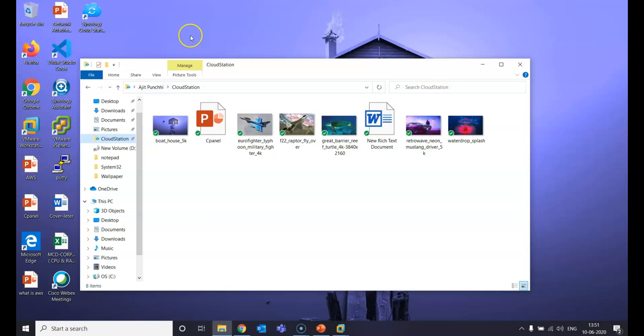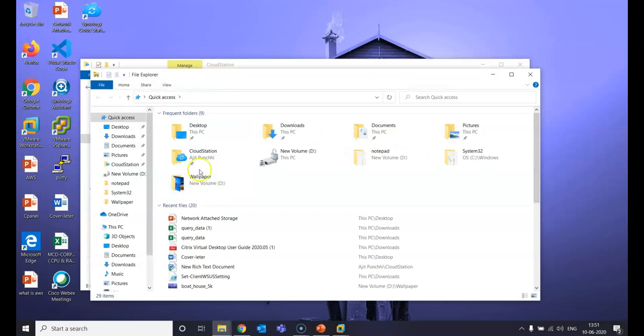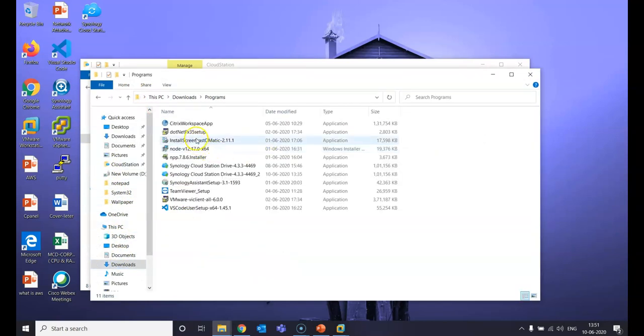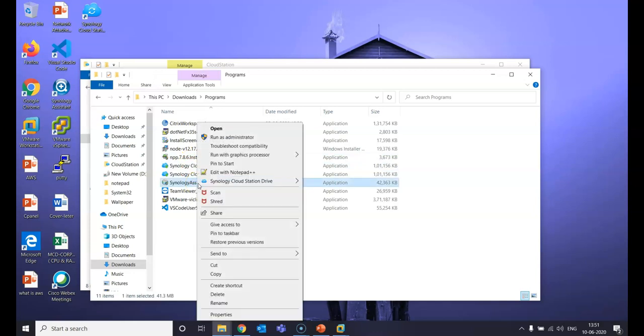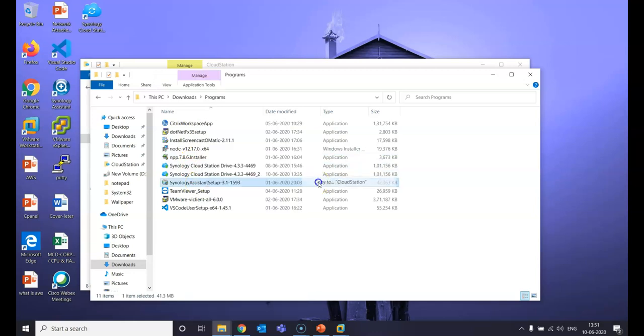So let's put some exe files on this. I'll go to my downloads. I have a Synology Assistant setup file. I'll copy that and try to sync it by copying to Cloud Station.